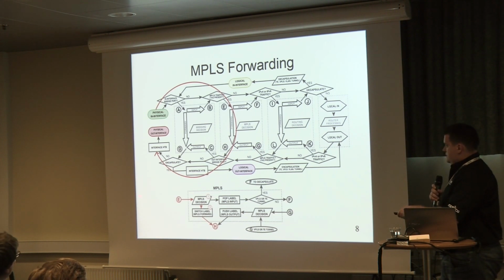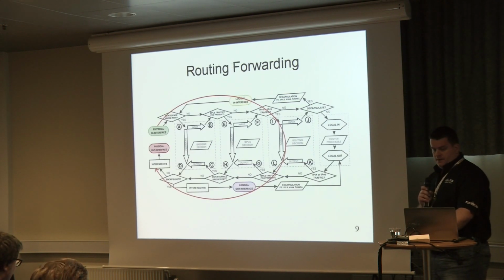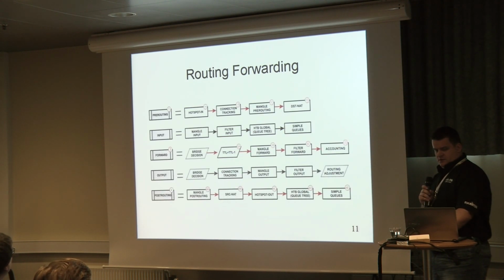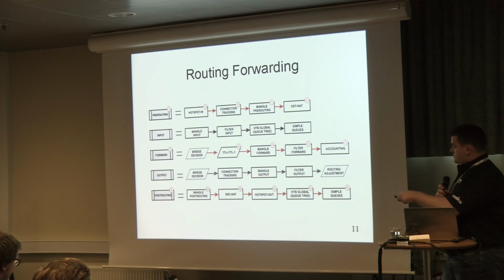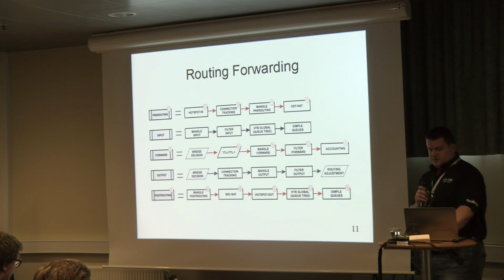MPLS is much simpler and faster, so in the case of forwarding you only need to cross 2 boxes. And the most complex stuff in RouterOS is routing forwarding, so you go through the last box over here. It looks quite simple, but you need to remember that each of those boxes stands for many other options. So basically,